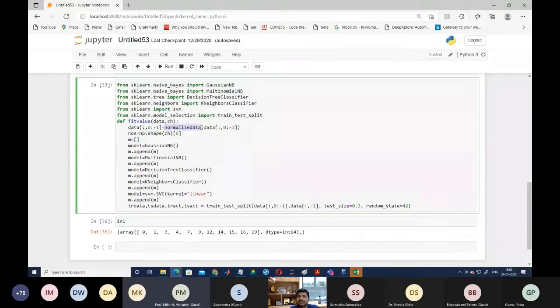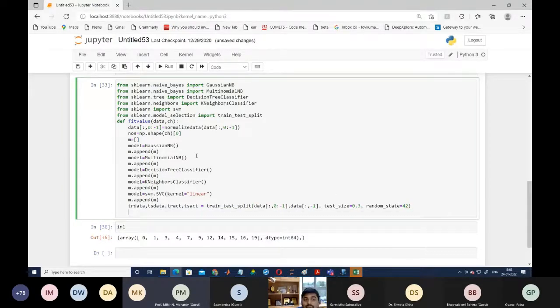We are going to bring the data between 0 to 1, and then we are finding whether these features are important or not. Here 0 to column -1 means we are selecting the features from 0 to the second last, because the last column represents your actual data, whether the student is getting a job or not. After getting this, now we are going for the features.